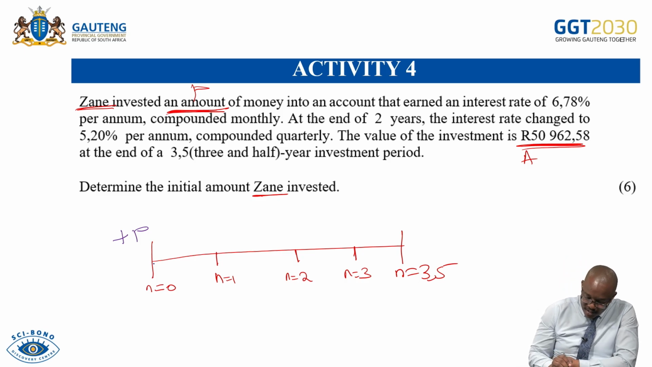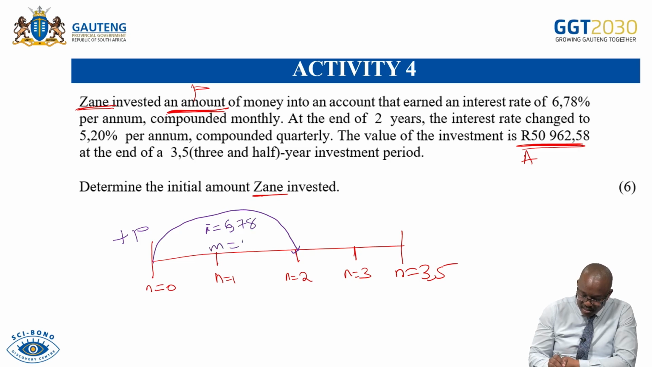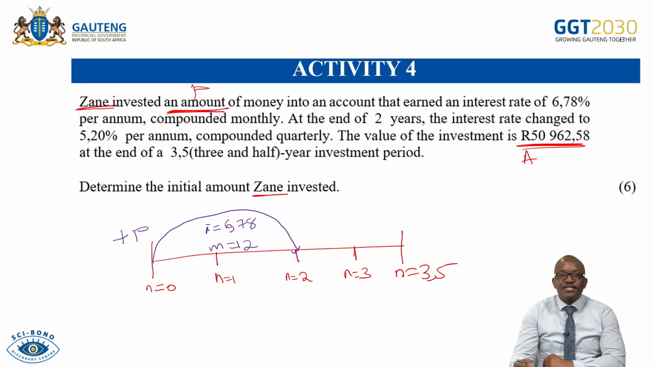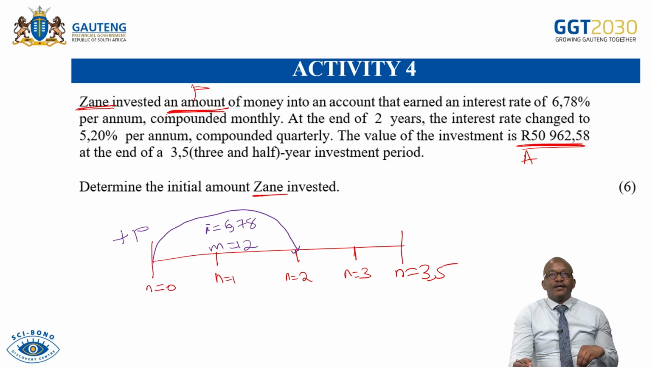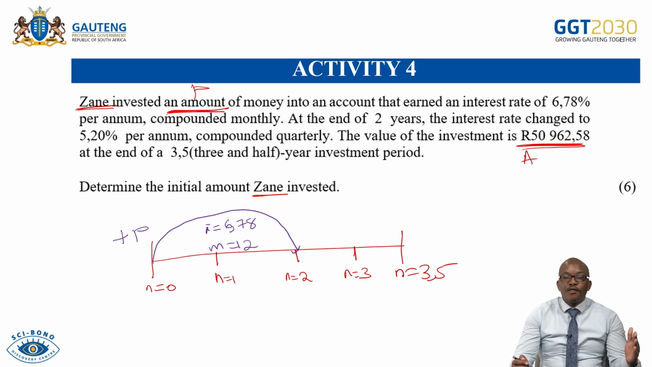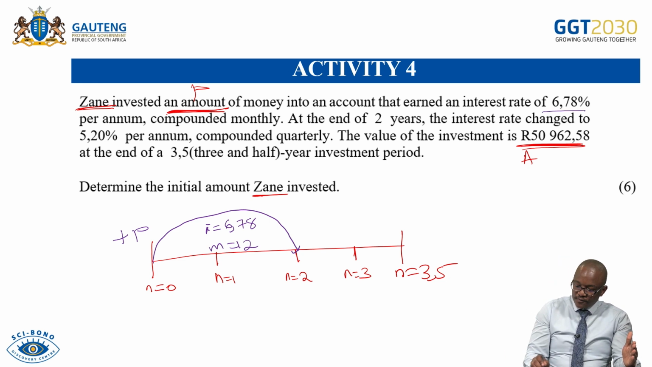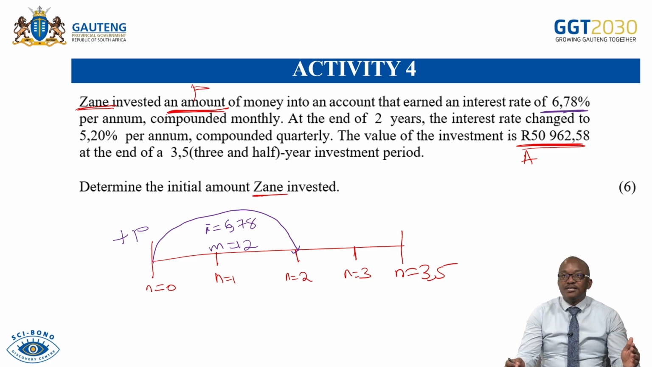It means from year 1 to year 2, the interest that was charged there is 6.78% compounded monthly. The period is 12, not 12 years, sorry. Monthly, which is 12. And they're saying at the end of 2 years. So you can see that from the first year to the end of the second year, the interest charged is